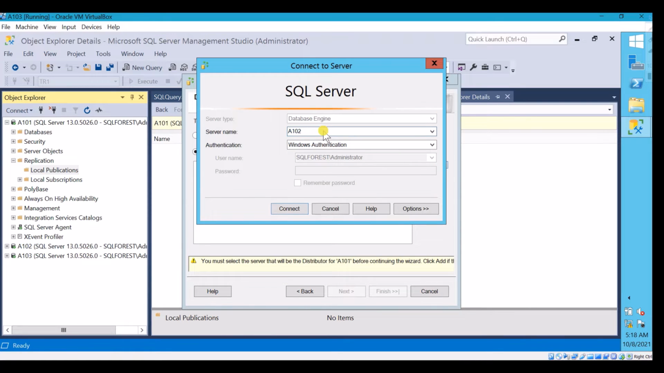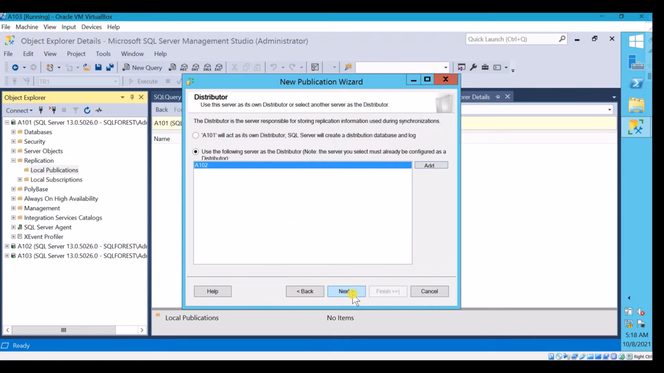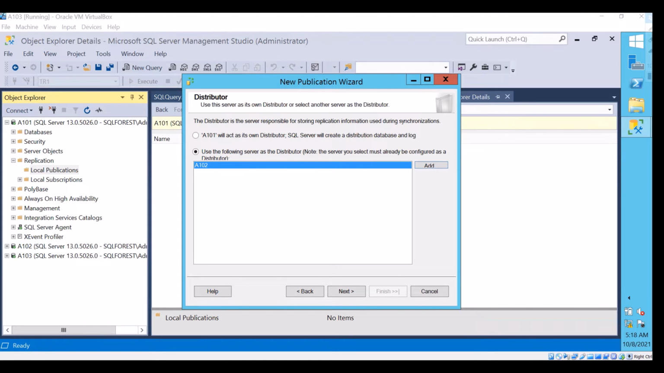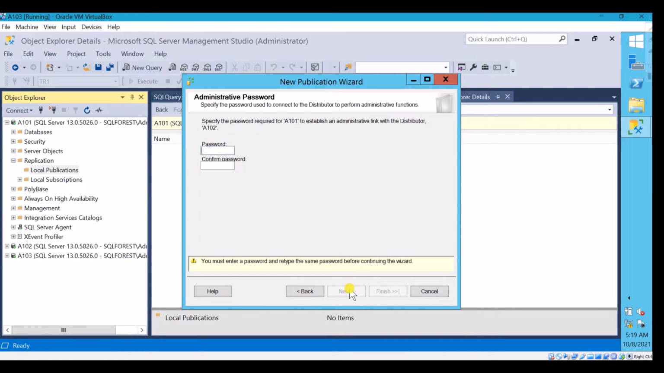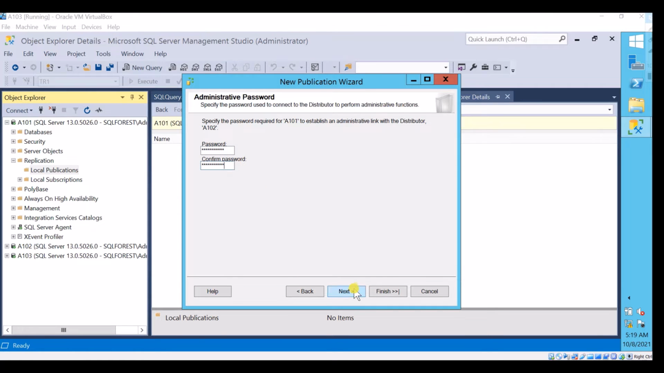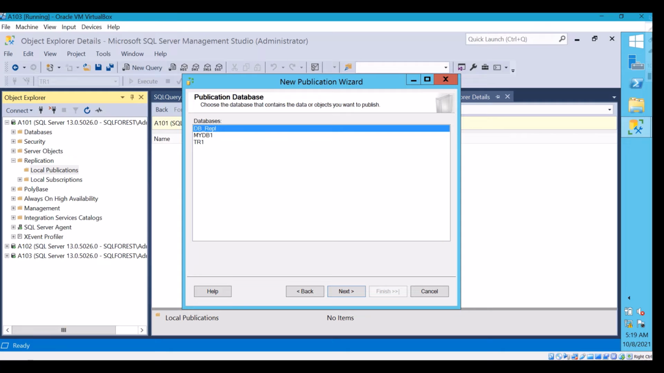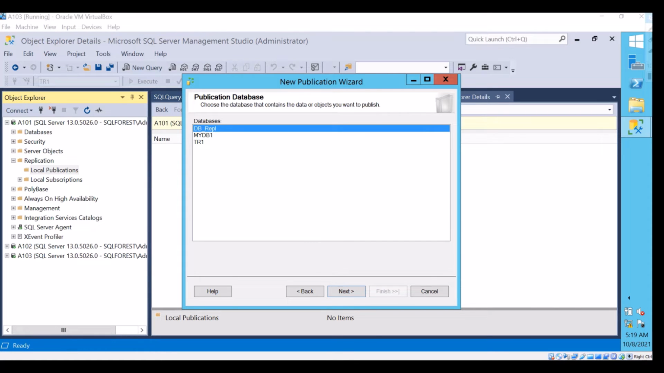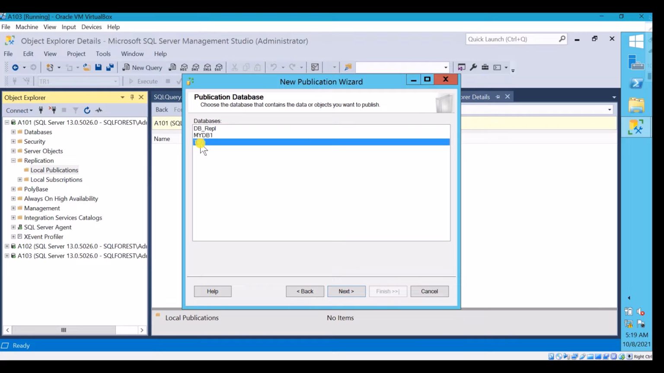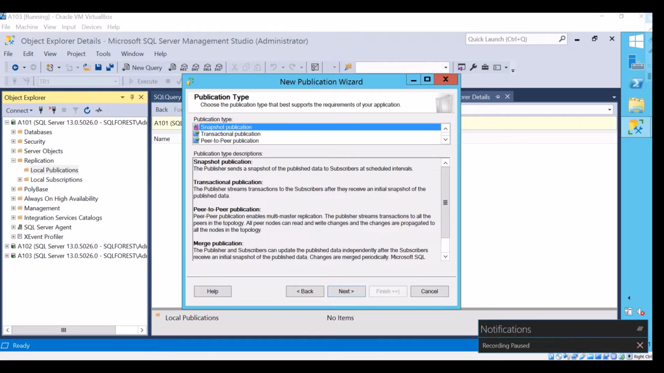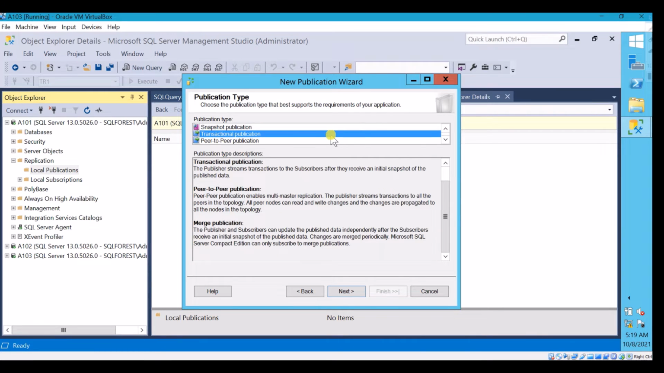So when you try to connect to this server and click next, it will ask you to enter your password. If you remember, while configuring distribution we have given some password. So that password you need to enter in the next screen. Here I have entered my password. Going next, select the database that you want to replicate. I want to replicate TR1 database. Click next. Here choose transactional publication. Going next,